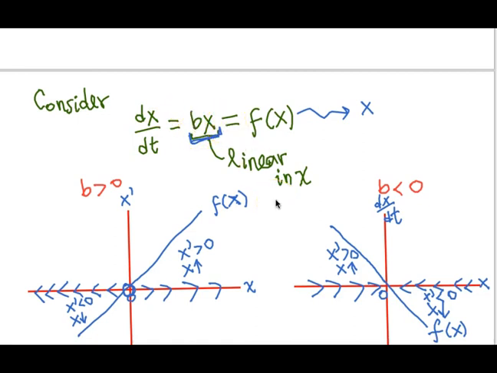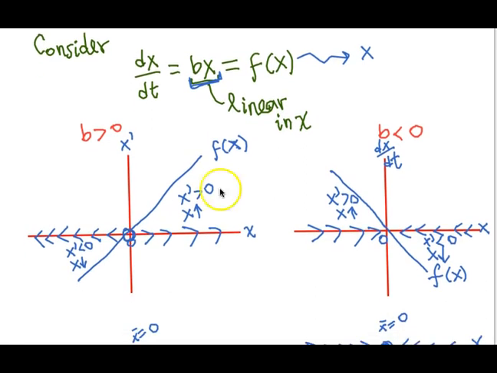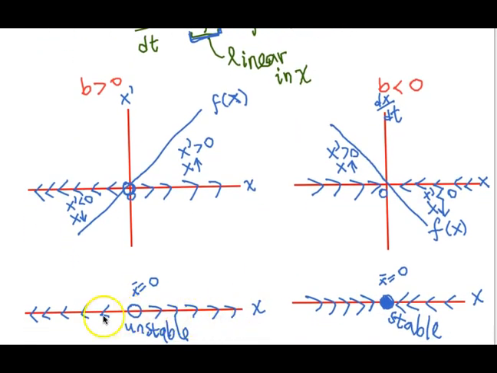b is a constant, real number, and there are two scenarios, b being positive, b being negative, and for each of those scenarios we were able to come up with this horizontal line where the state variable appears on the horizontal line. There are arrows. The other thing we have on this horizontal line for each case are the values that we